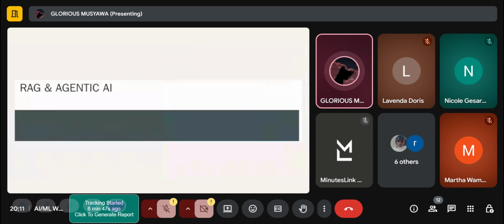So what is RAG? We talked about large language models. Let's just talk about ChatGPT, because when I talk about LLMs, it's just ChatGPT. Everybody knows ChatGPT. It has been trained on a lot of data, as we said yesterday. But now the problem was, after you've trained the model, it learns from the data that you've trained it with.